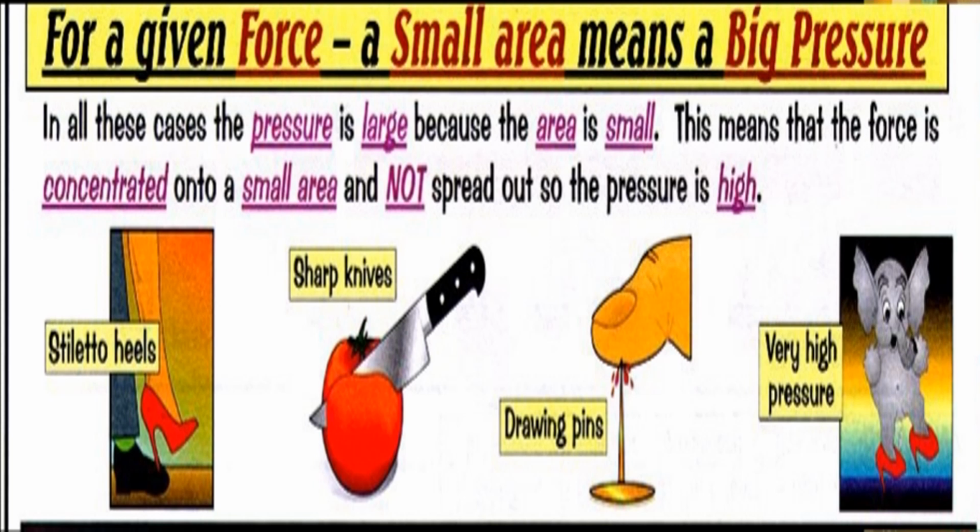And see the last example, an elephant is wearing heels. It is also having the small area. The pointed edge of those heels has a small area so that it exerts big pressure. So what we have learned, in solids pressure can be increased or decreased by changing the area of solid in contact with the ground. And the next one,